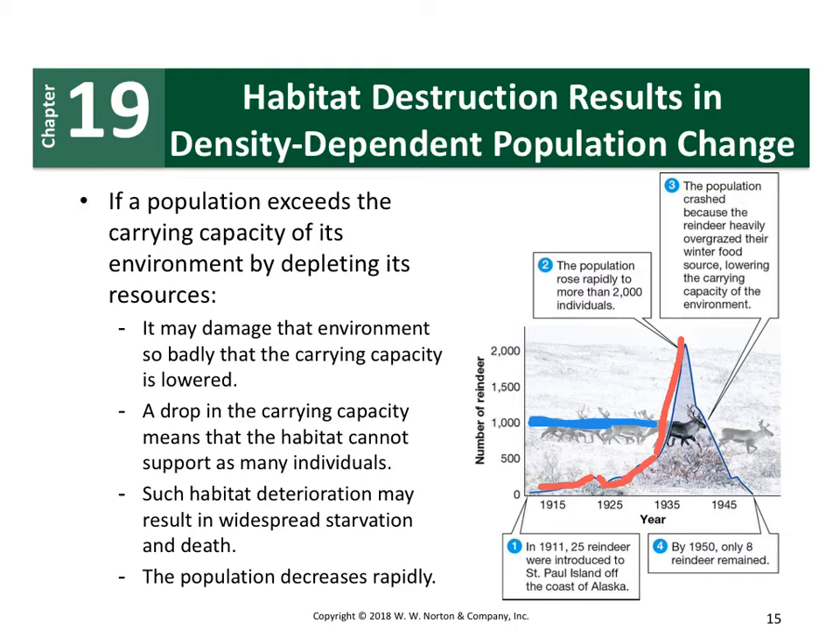Let's say during the summertime it was all the way up here. But then, by overgrazing, they actually lowered, finally, the carrying capacity. They degraded the landscape to the point where there was now only enough food for eight reindeer to actually survive. Okay, so we see this in